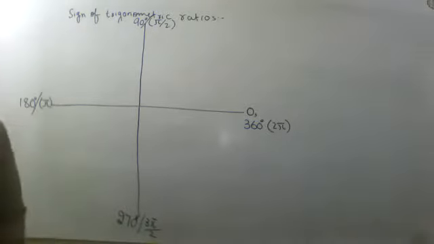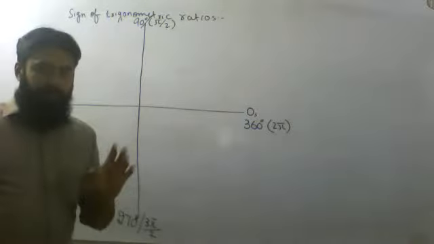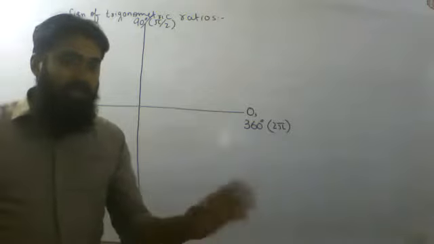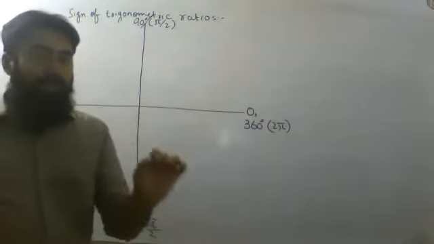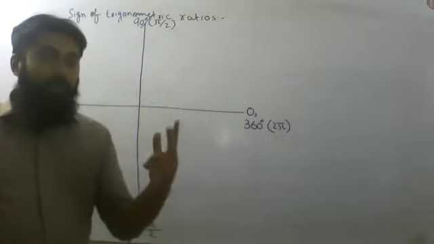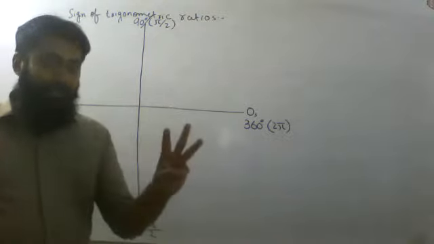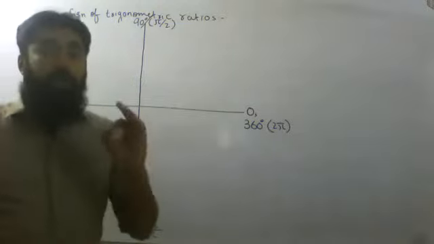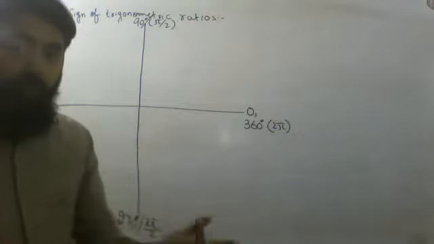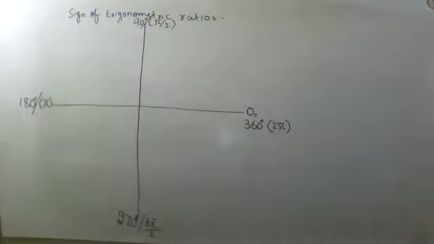From 0 to 90 degree, I am giving you a choice. Select any number in between 0 and 90. You can select 0.1 also. You can select 89.99 also. It's totally your choice. Find sine, cos, and tangent of any one number or 3 different numbers between 0 and 90, and check the sign of sine theta, cos theta, and tangent theta. Check what sign the answer has for all 3.